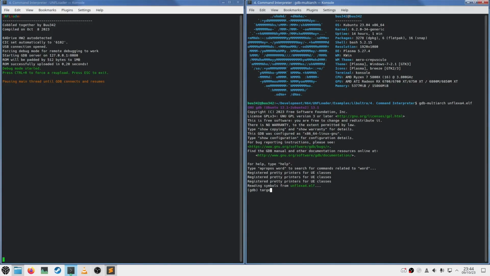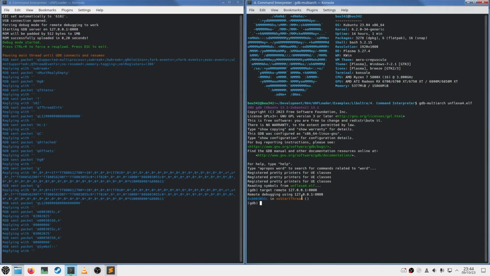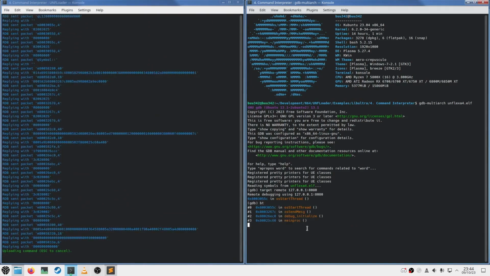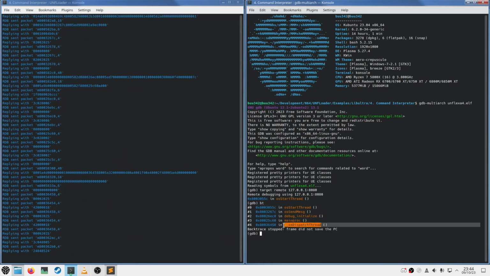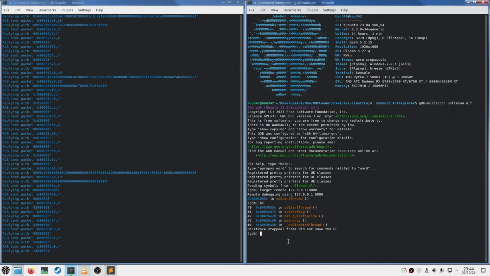To do that, we type target remote 127.0.0.1:8080. This address here is the one that's over here that says starting GDB server on blah blah blah. So we do that, and we should see some communication. And now we can see that our project has been paused, so we're going to backtrace just to find a little bit more. And we can see that we started by dispatching the thread. It created our main proc, which called debug initialize, sent a message, and then that started a thread. And paused everything. We still don't have anything, so let's proceed to continue.